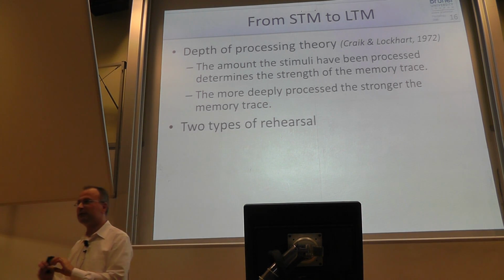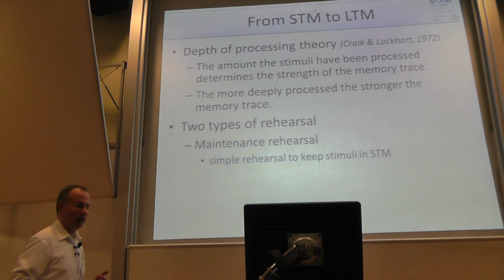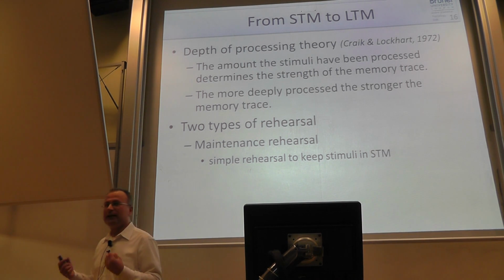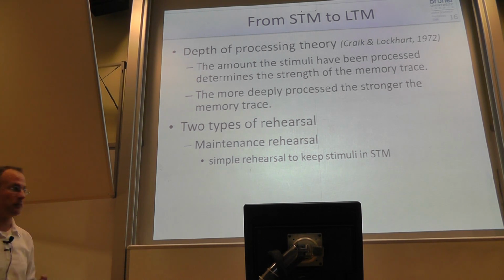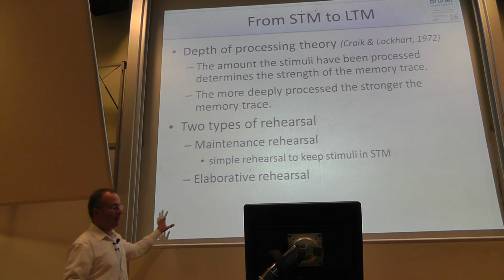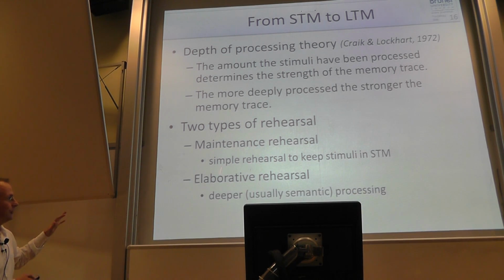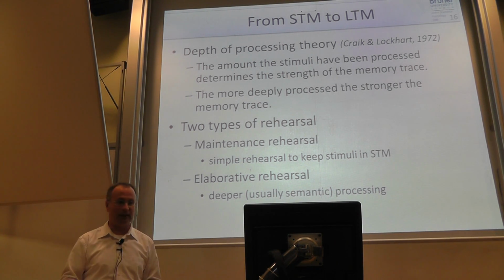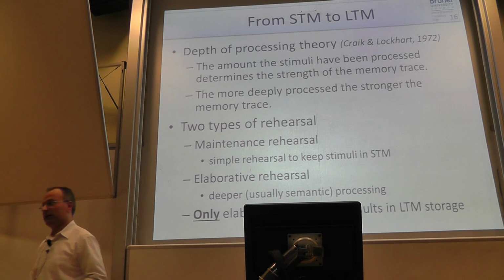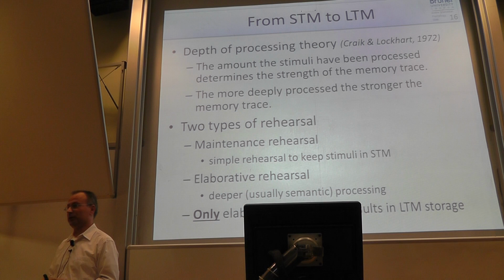And they distinguish types of rehearsal. The first one is the maintenance rehearsal, which we just do to keep information in our short-term memory. That is what I would have hoped we did with the eyewitness. And then there is elaborative rehearsal. Here you do a deeply semantic processing of the information encoded in long-term memory. What they claim, and there's quite good evidence for that, is that only this elaborative rehearsal results in long-term memory.